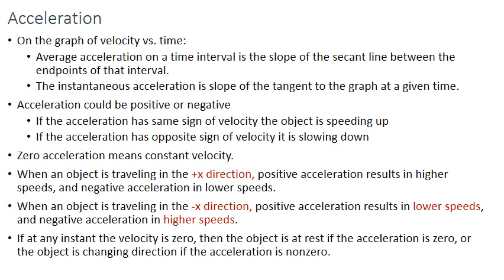Now, if the acceleration is positive, it means that the velocity is increasing. But the velocity could be positive and increasing, and it could be negative and increasing. So if the acceleration is positive and the velocity is positive, it means that the object is speeding up. But if the acceleration is positive and the velocity is negative, it means that the object is actually slowing down,